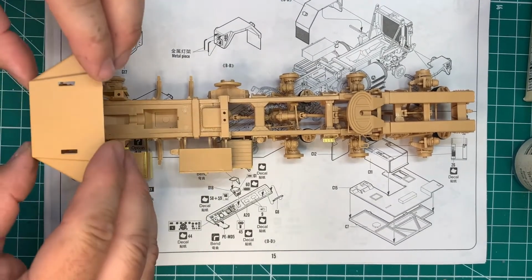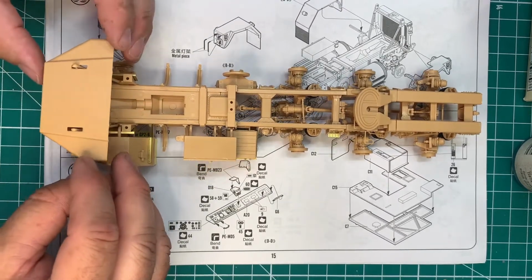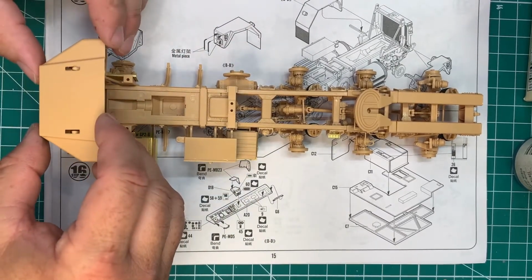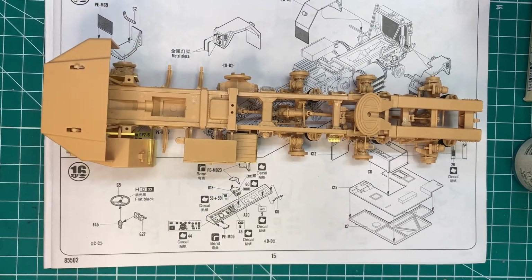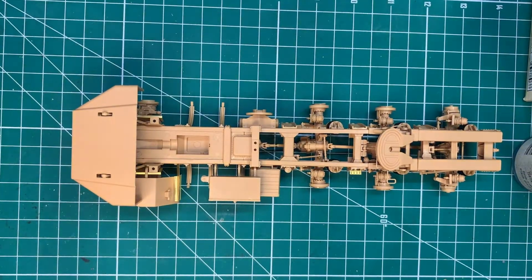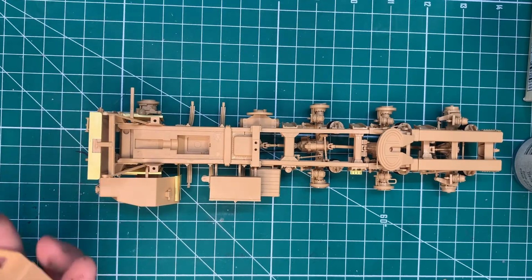So there's that. Now the problem is I don't have any of the material inside here, or any of the framework built up on here. It looks like, from what I can see, it goes on like that. A little more helper advice probably would have been good from Hobby Boss on this. But that does look correct. It looks like those parts go up in, and it will have the front bumper piece on here,